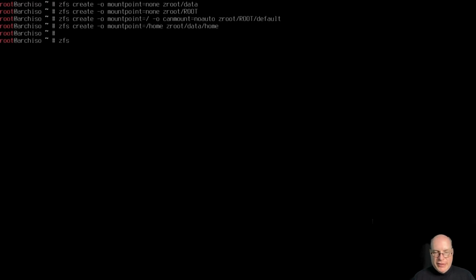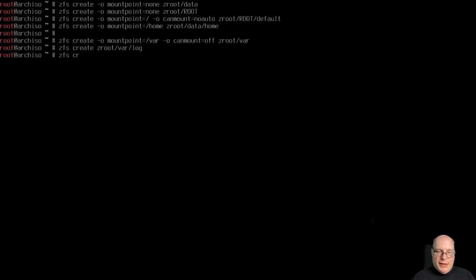And next group is zfs create -o mountpoint=/var -o canmount=off zroot/var, and then zfs create zroot/var/log, and then zfs create -o mountpoint=/var/lib -o canmount=off zroot/var/lib,